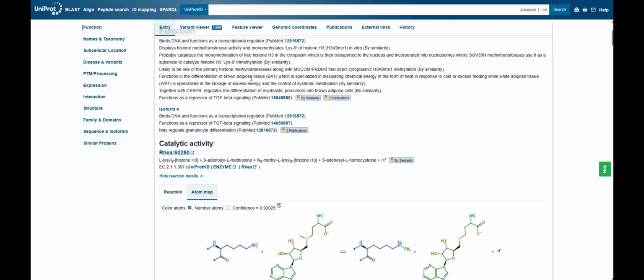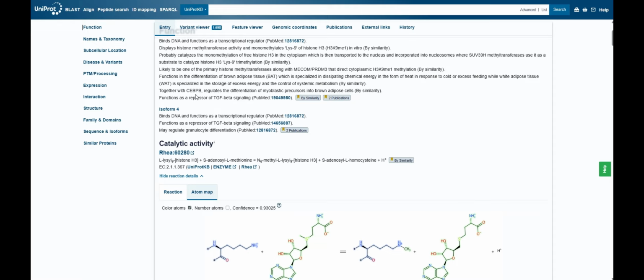Functions in the differentiation of brown adipose tissue, which is specialized in dissipating chemical energy in the form of heat in response to cold or excess feeding, while white adipose tissue is specialized in the storage of excess energy and the control of systemic metabolism. And then by similarity means that it's been proven for another gene or protein, and by similarity, it's usually pretty accurate. Together with CEBP-beta,